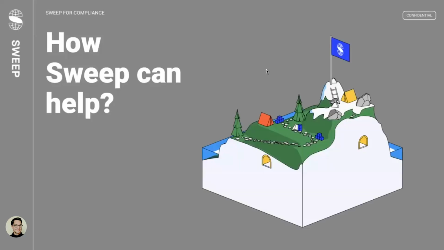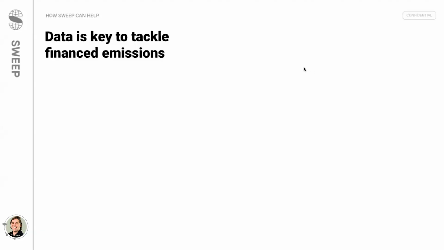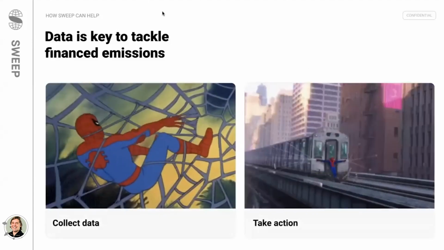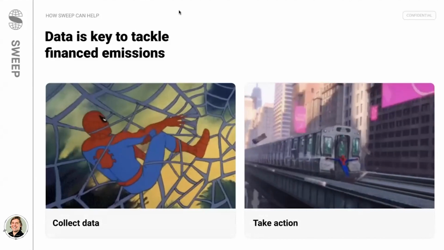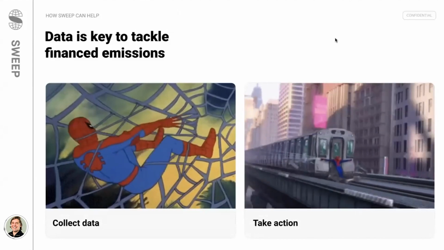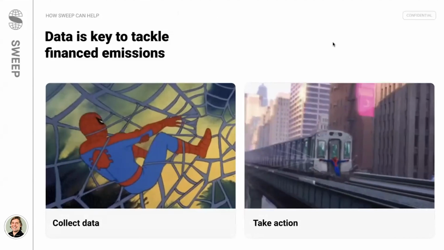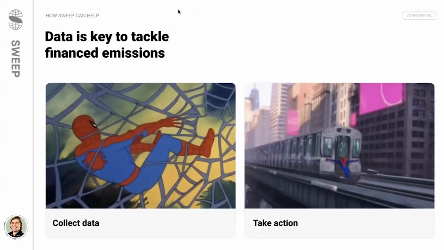So the following topic is how Sweep can help you do everything. Exactly. Mainly by doing two things. You're already using Sweep for your finance carbon emissions. So now Sweep is helping you as well to collect the data, not only the carbon, but as well the ESG data, and to take actions. So yeah, mainly you're already using Sweep on only carbon, and now ESG can be another topic to tackle thanks to Sweep. We will show you how, and on the next slide,